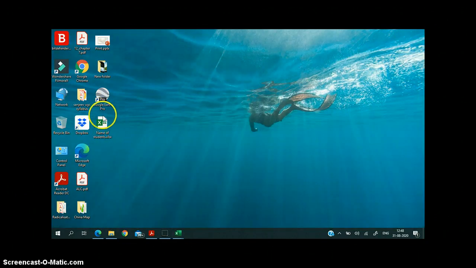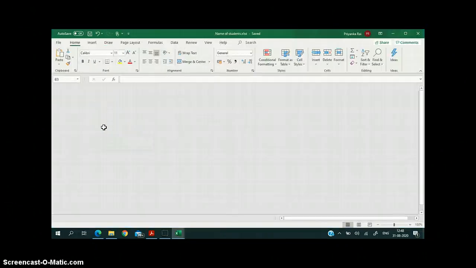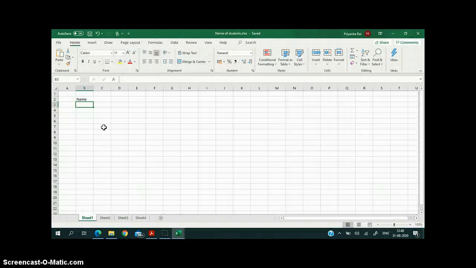And on the desktop, this is the workbook which we have saved now. Name of student, you just have to double click on it and it will open automatically. So this was about how we can create a workbook and how can we save a workbook.